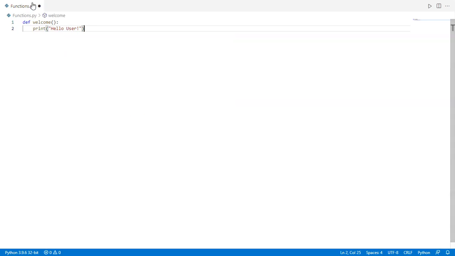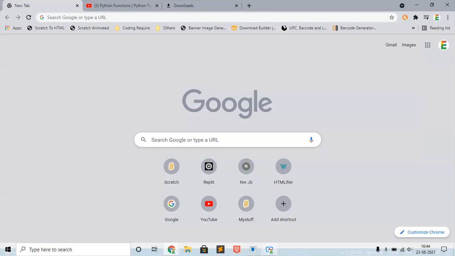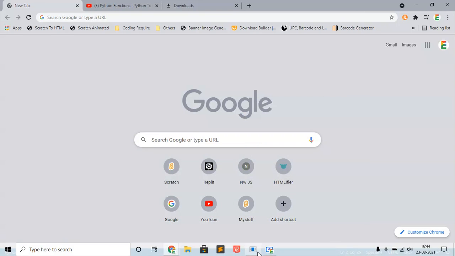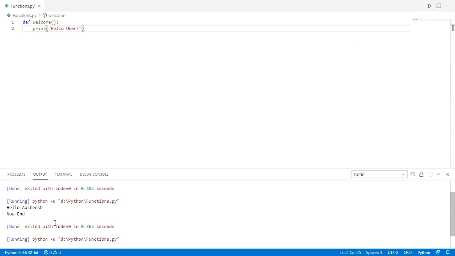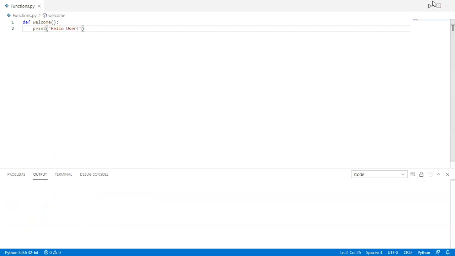First we will preview, and now I will run. No output is printed.